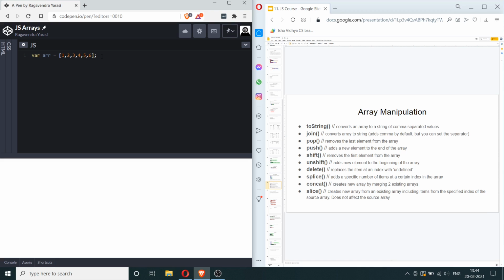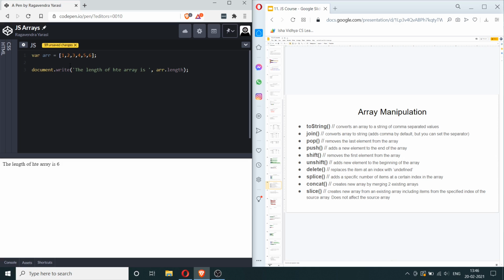Now the first thing I want you to have a look at is certain basic properties and methods, like array.length. So if you want to calculate the length of an array, you would say arr.length, and it will get the value of the length of the array and print it. So you can see here the length of the array is 6. There are 6 elements in this array and arr.length gives you that number.